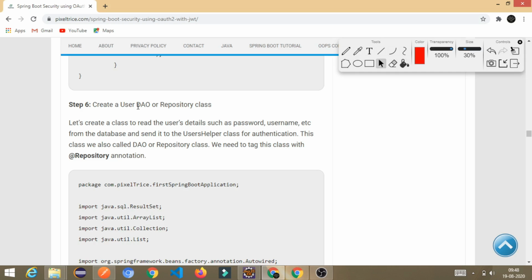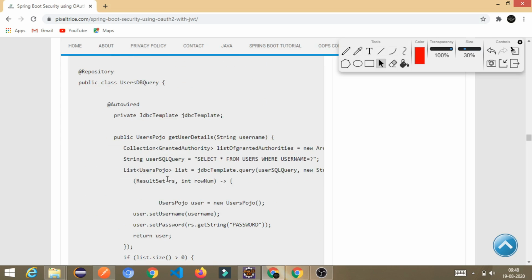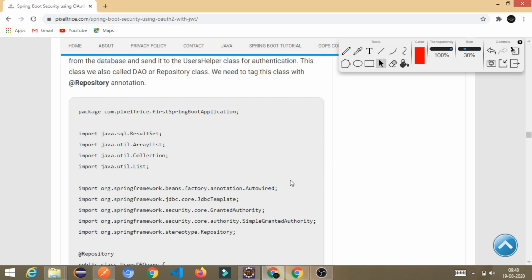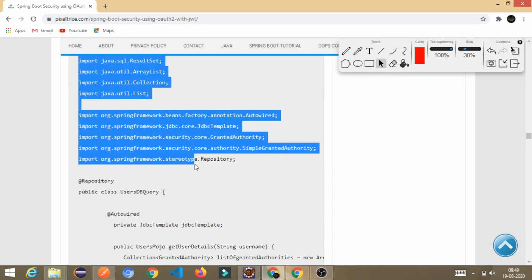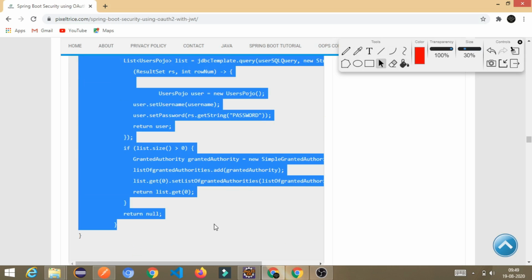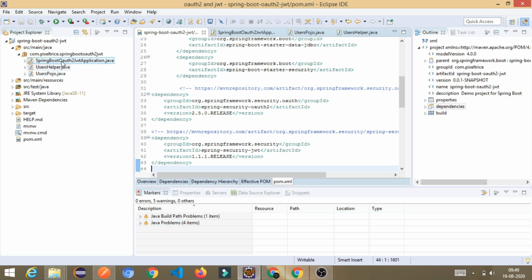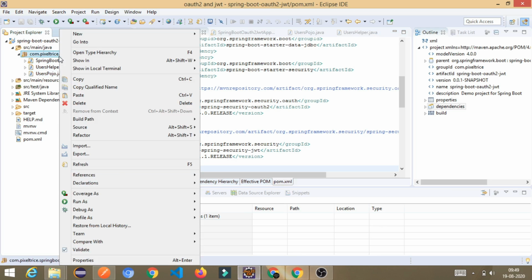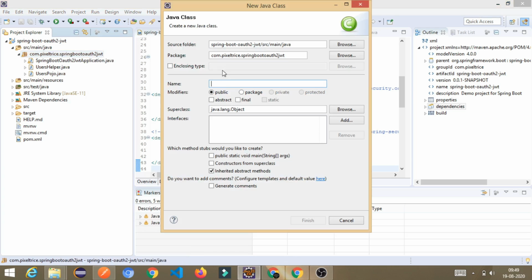For example, username, password, granted authorities, whatever we store in the database. The code we write in this class will connect to your database and fetch all the details from the database. So first what I'm going to do, I will copy it because I told you the code is not important. First you have to understand what each line of code is doing. You can easily get this type of code from anywhere on the internet, but the important part is you should know how it is working. So that's why I'm not giving more focus on writing each line of code. I'm explaining it, so it will be very good.